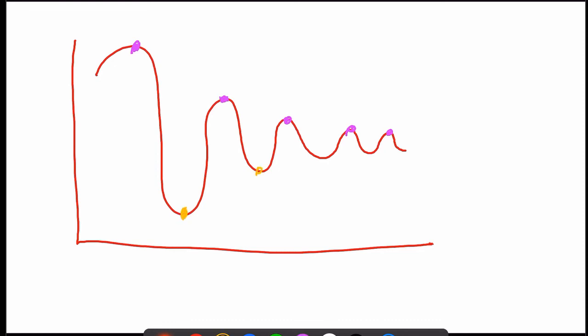And we're going to have a bunch of points that are minimums. So we have a whole bunch of maximums and a whole bunch of minimums. All right? That point, let's call that A, is the most maximum. Do we all agree on that? That is the most maximum. Okay? That's the global